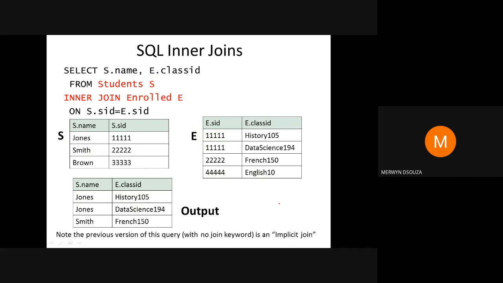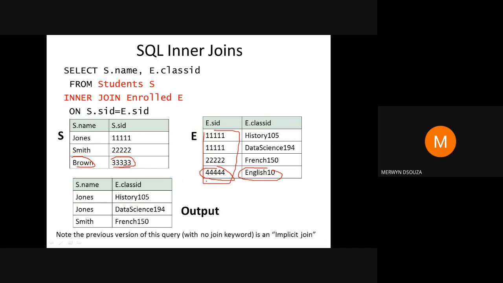So in simple words, here you can see this is not having any match, so nothing is displayed about this SID in the output. Okay, the name Brown and English 10 are not displayed in the output because there is no match between the SIDs of the two tables.